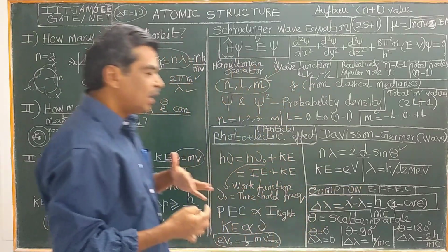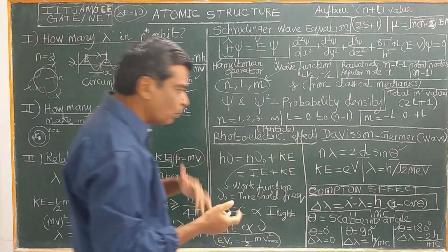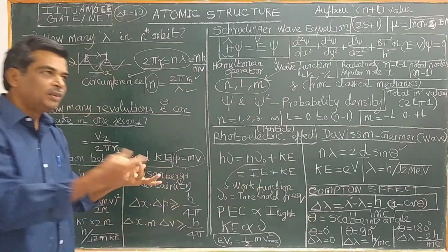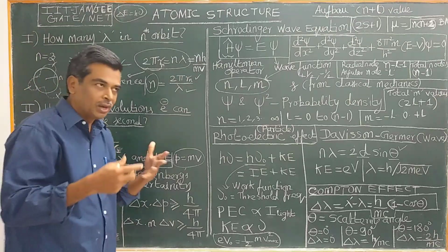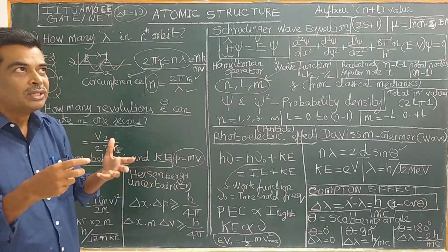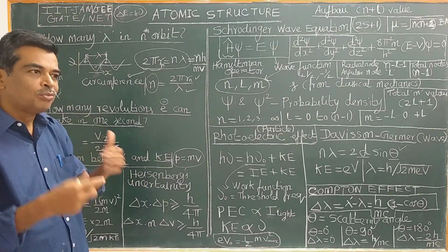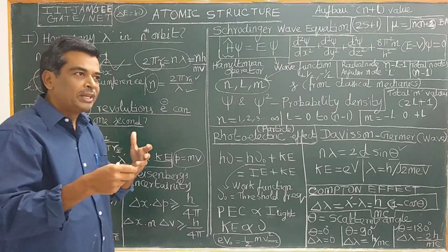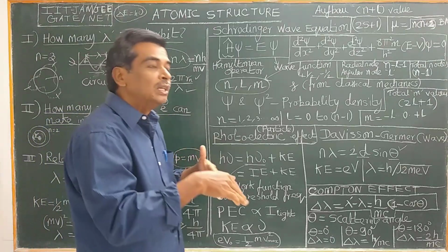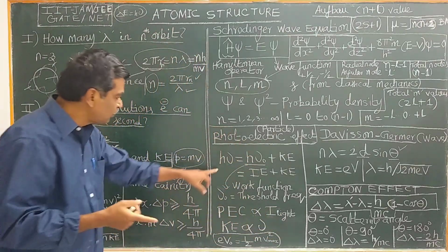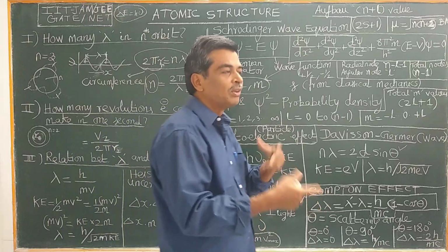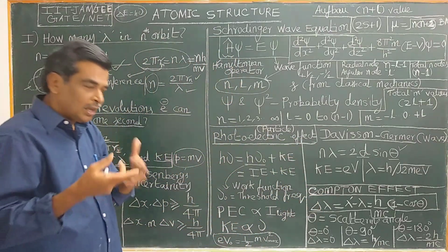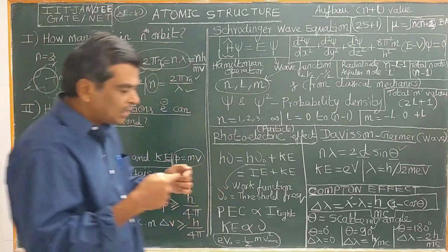Arthur Compton, an American physicist, was also awarded the Nobel Prize for this equation. What is his experiment? According to his experiment, when a beam of X-ray of monochromatic wavelength falls on an electronegative element, here electropositive element, here electronegative element, for example, carbon atom, what happens is the incident beam